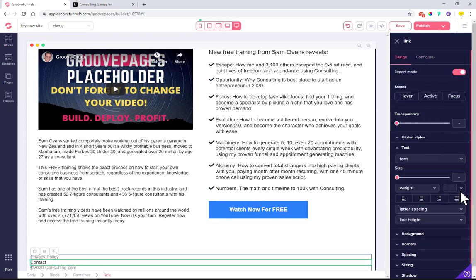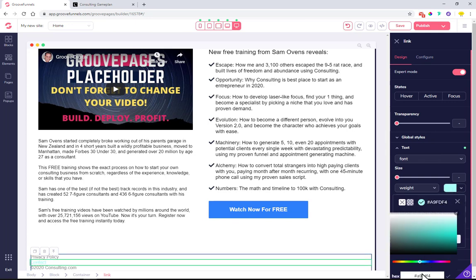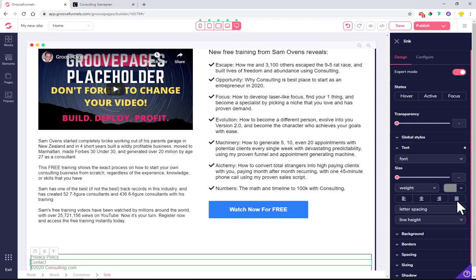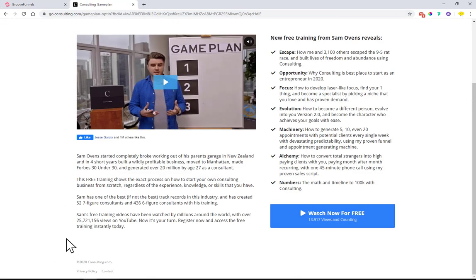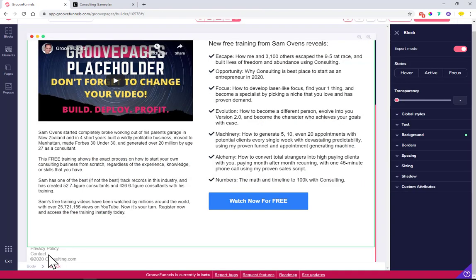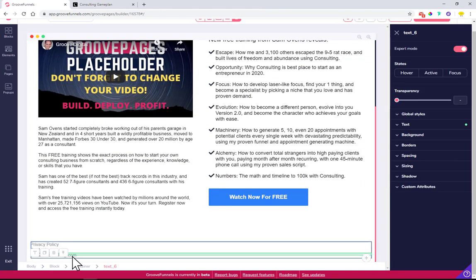Text color. Click on this one and type in 123456. Perfect. So on this page, privacy policy and contact are next to each other. So let's play with that one now. I will take the